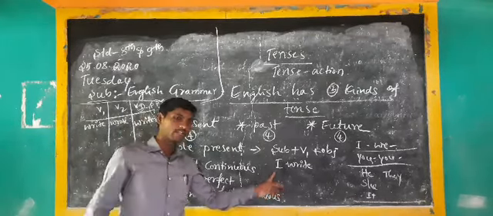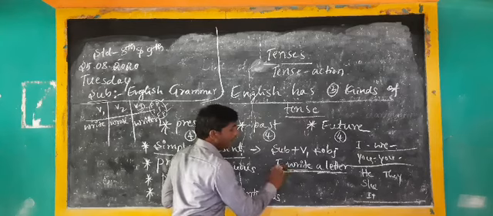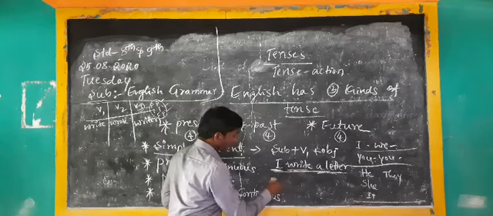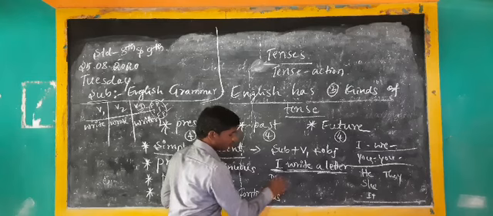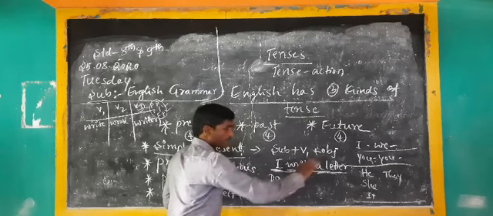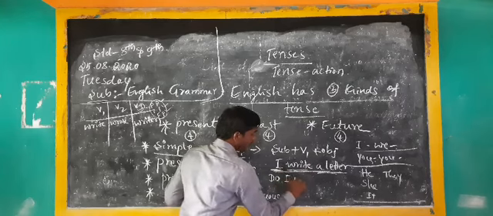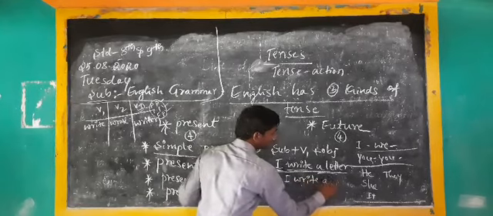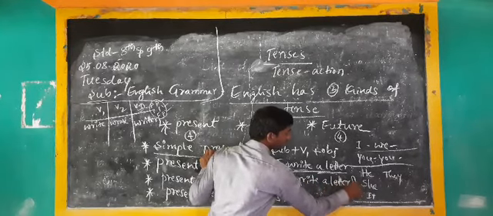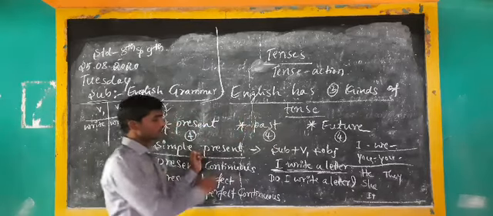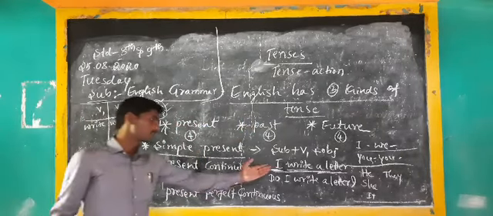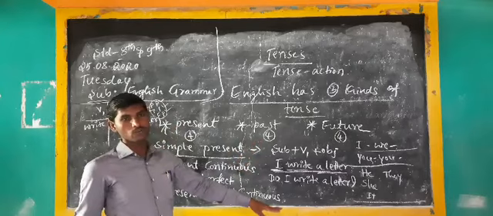How to change it into a question sentence? It is a simple sentence. We have to make it a question sentence. There is no helping verb between I and the main verb. So we have to utilize do, and you should write the same sentence after do. Do I write a letter? Finally, you put the question mark. This is considered as a simple sentence converted into a question sentence.